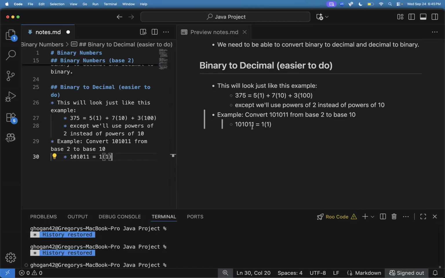Now, the next digit up here was 7, and it's in the tens place, right? Well, here the next digit is a 1. It's not in the tens place, it's in the twos place. So instead of going 1, 10, 100, you have to go from 1 to 2 to 4 to 8. So powers of 2. So the second one here is in the twos place. Then the next digit, the third digit,